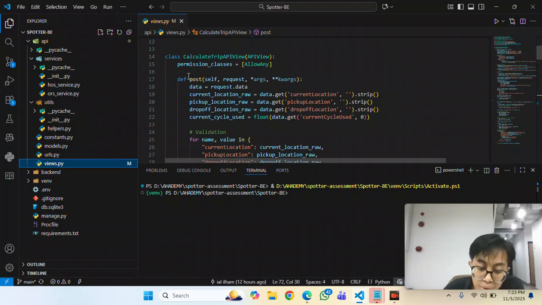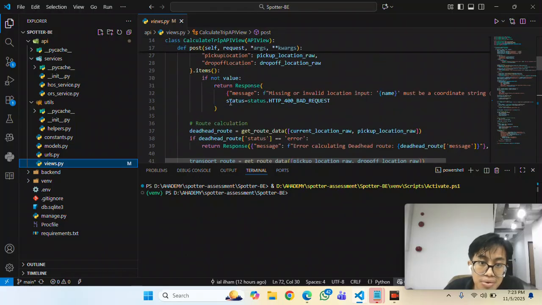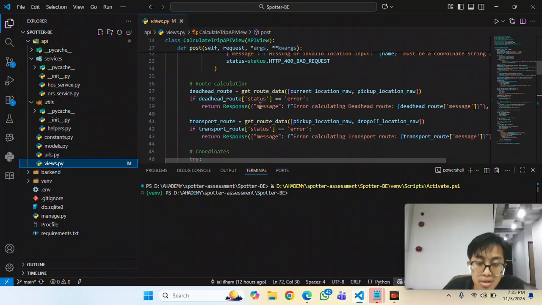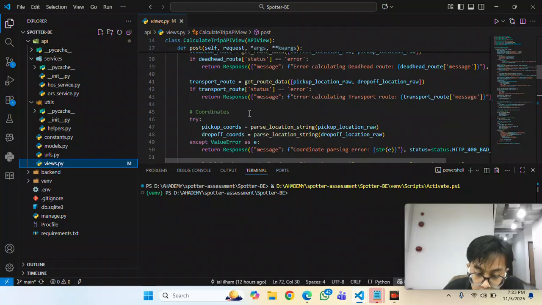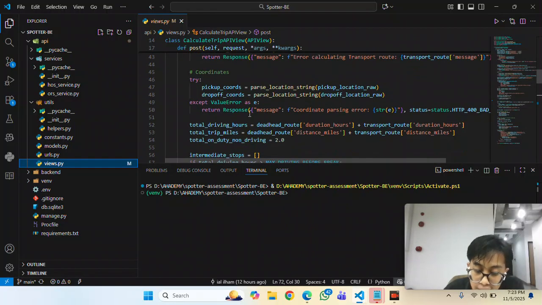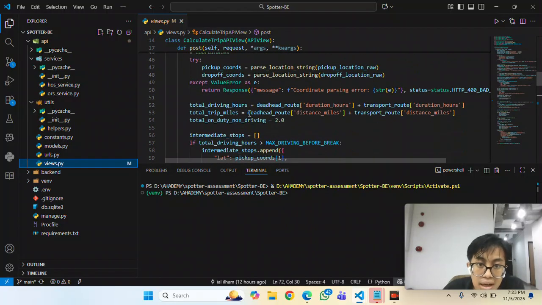It validates the request and calls the get route data service twice, for the deadhead route and also the transfer route. We pass our pickup and drop-off location, and summarize the total driving hours, total trip miles, and total on-duty non-driving.